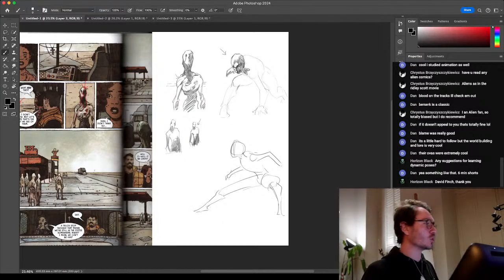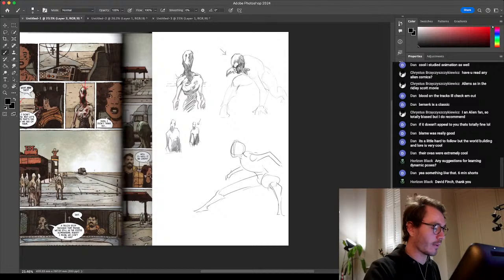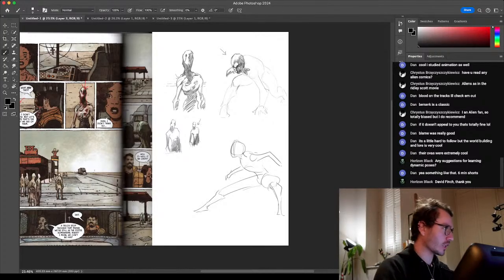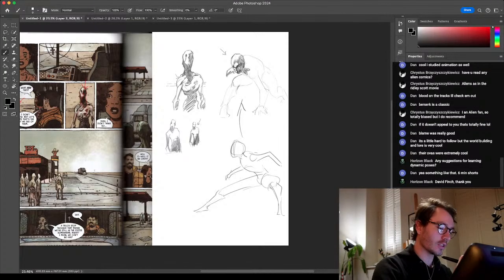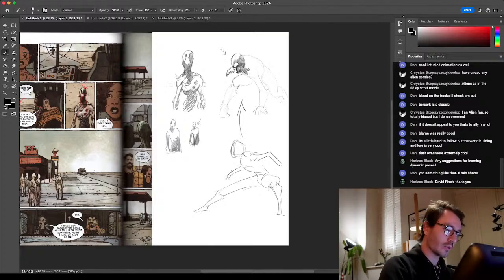So super quick things like this, and then not worrying about anything more than that, because what you're really looking for is rhythm and structure. And what you tend to find, as you can see up here, is as soon as you start doing anything a bit more drawn and rendered, everything tightens up loads and loads. So it's definitely worth just loosening up and doing these super quick